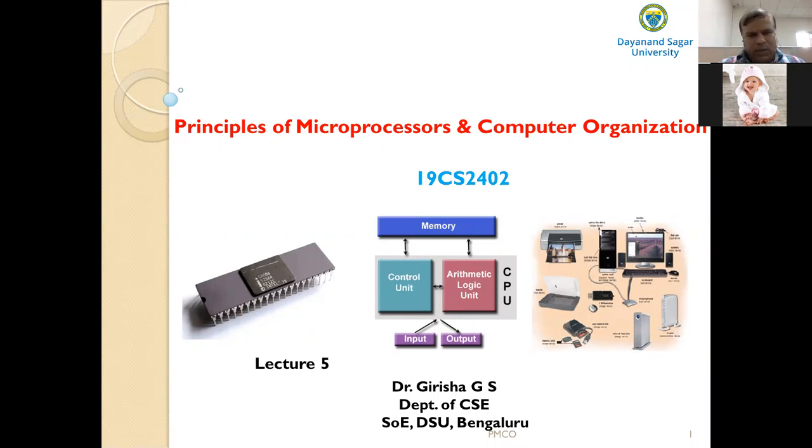These are data transfer between itself and the memory and I/O units, then arithmetic and logical operations, and the third one is program flow via decision making. That means it enables your program to conditionally execute particular blocks of code.